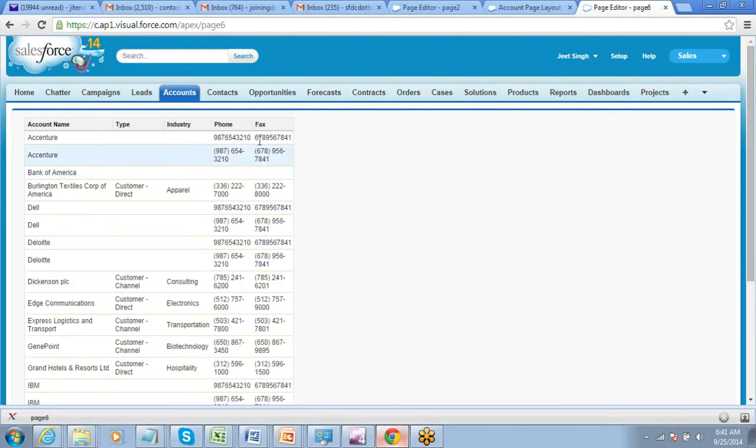Okay, I want to have one more section here, where I want to display the account details.